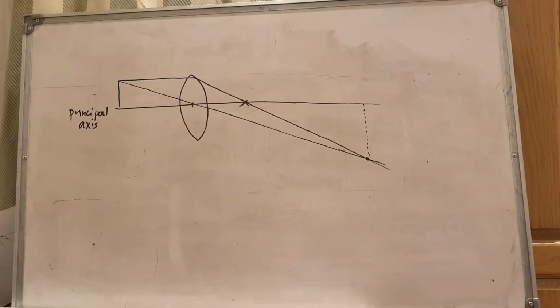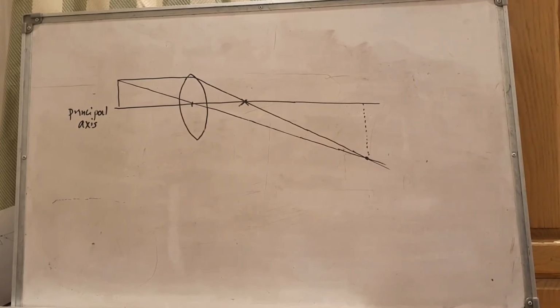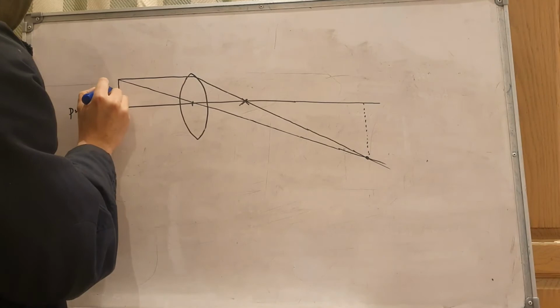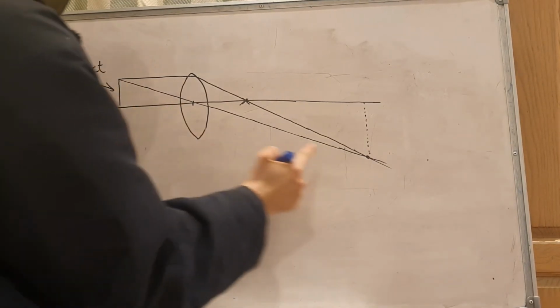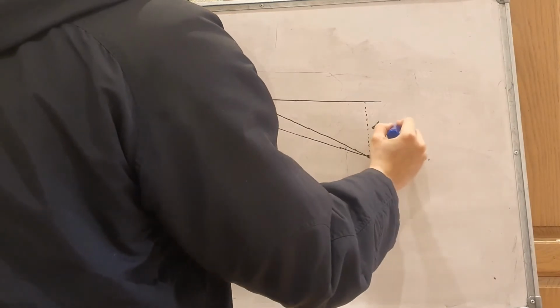All right, so let's label this diagram. So this is the object, this is the image,